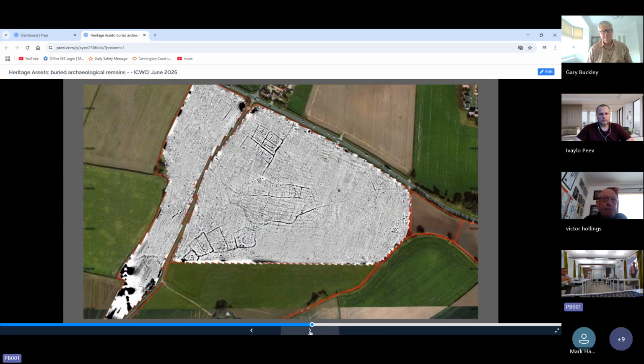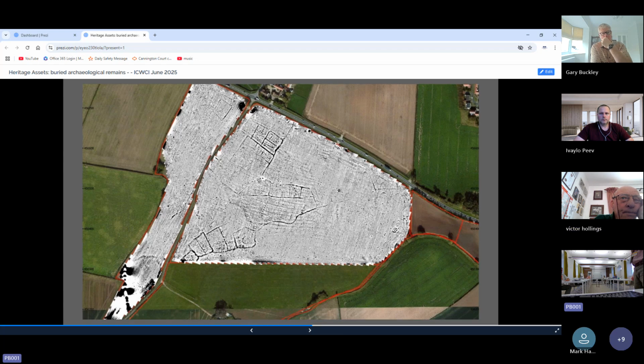There it is in a little bit more abstract context. These plans are called grayscale, and it's almost like the raw data has been pulled out and turned into these interpretation plots, and it helps us read these differences in the buried soils. And what we're looking at here is a series of small paddocks or enclosures. The dark areas are ditches, in effect, around a garden, and within some of these paddocks and areas and enclosures,